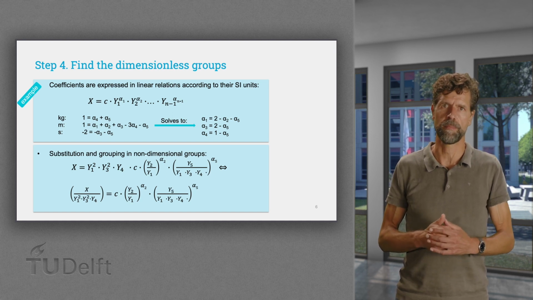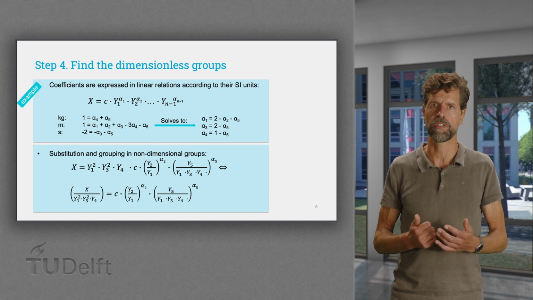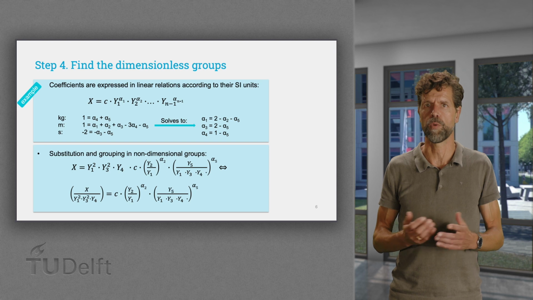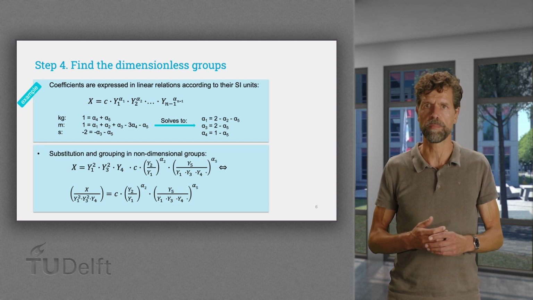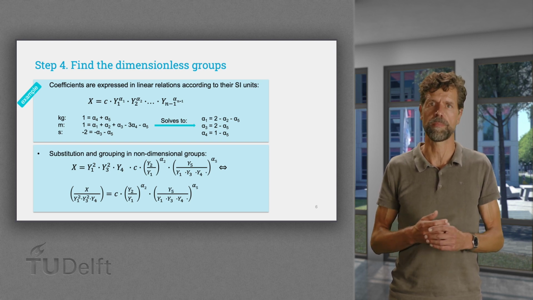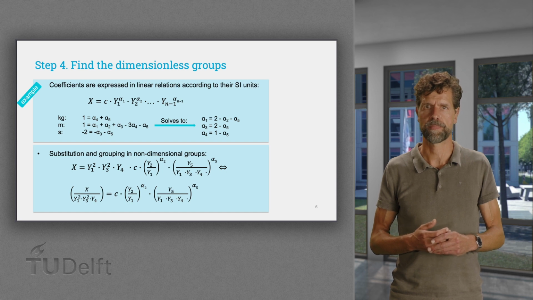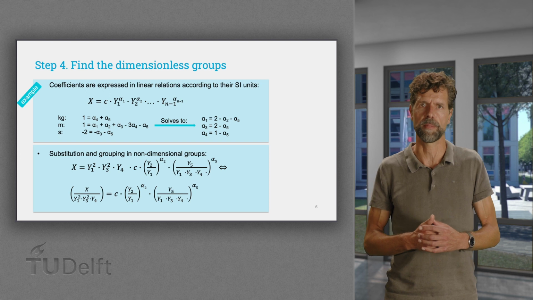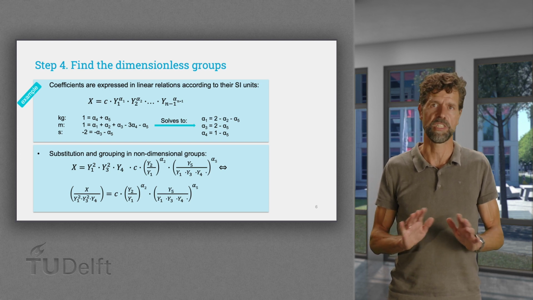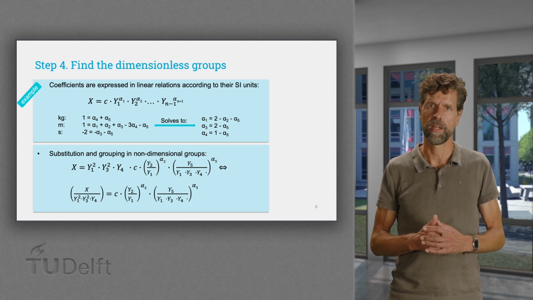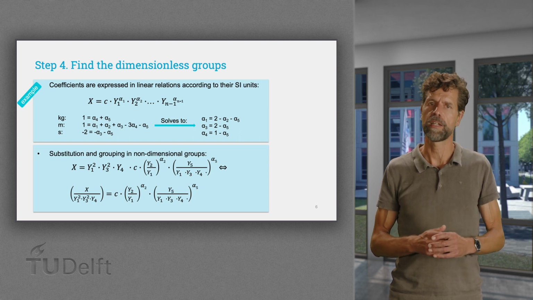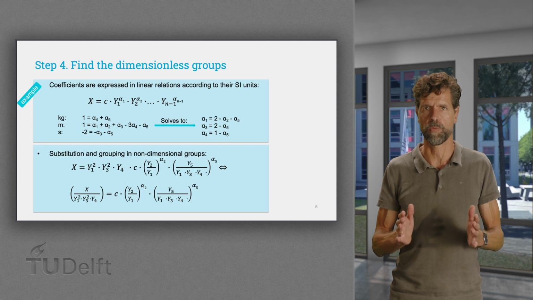At this point, the dimensional analysis has delivered the expression that describes the system in dimensionless terms. We still have one constant and some unknown power coefficients, and those need to be determined from experimental data. Note that we have assumed that the system can be described by a power function, but this was not based on first principles. Therefore, the power function must be considered as an approximative description that will only hold for a limited window of operation.